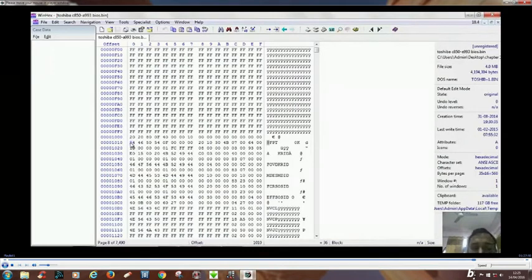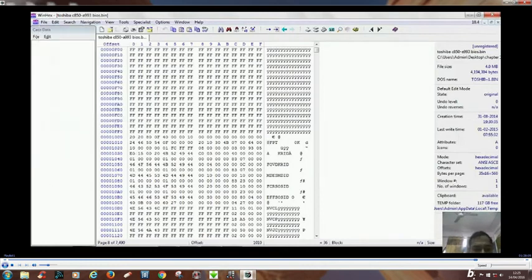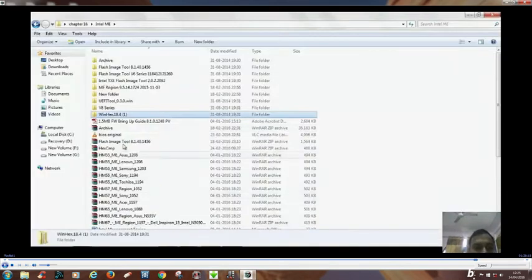So what we have to do is find a good AMI region, copy that AMI region, and paste it there. We have to just paste here, and after pasting we have to save, and we can create a working BIOS file. So what you have to do, I have many backups